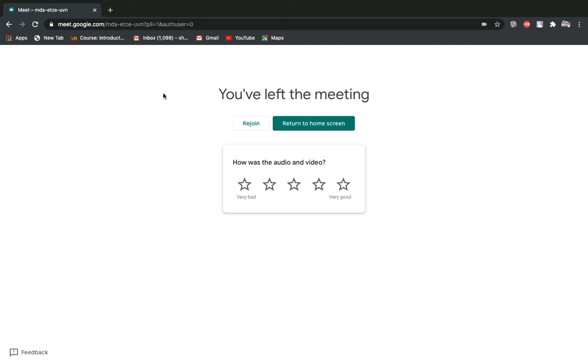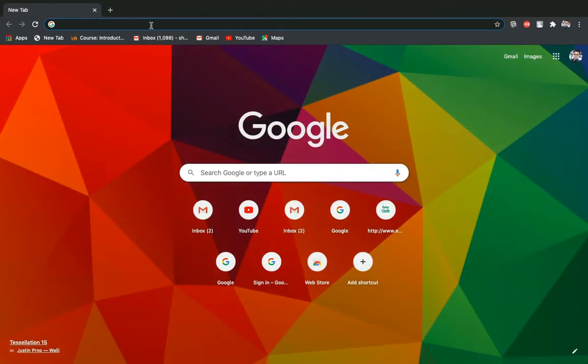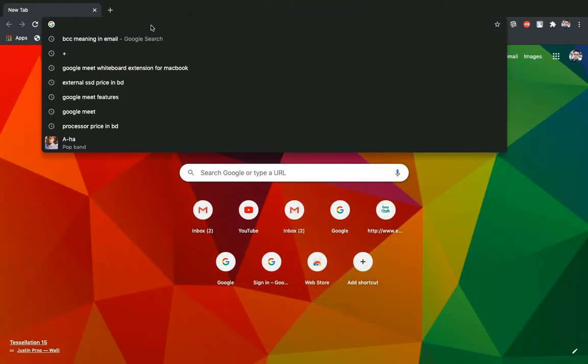Now I will show you how you can connect with Google Classroom. For connecting to Google Classroom you need to go to another tab and go to your Gmail account.